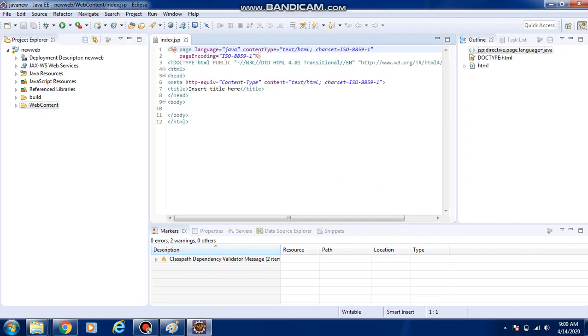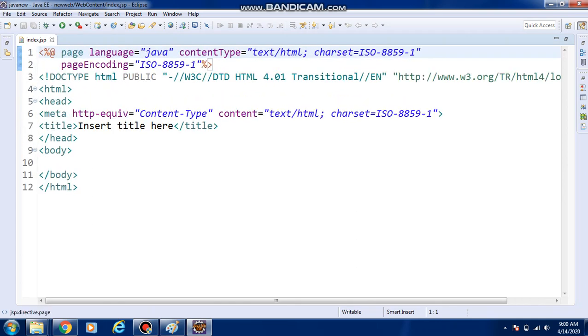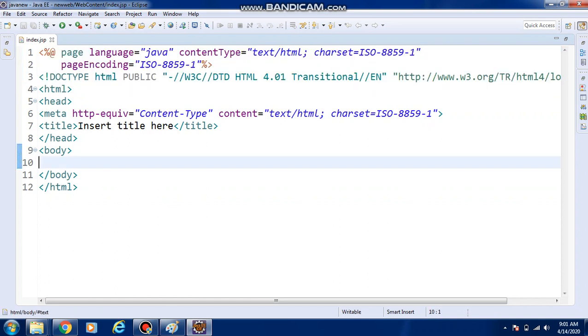See, this is your JSP file. Inside the JSP file, all this HTML coding is provided inbuilt. We need not bother about why we are using this content or this document.